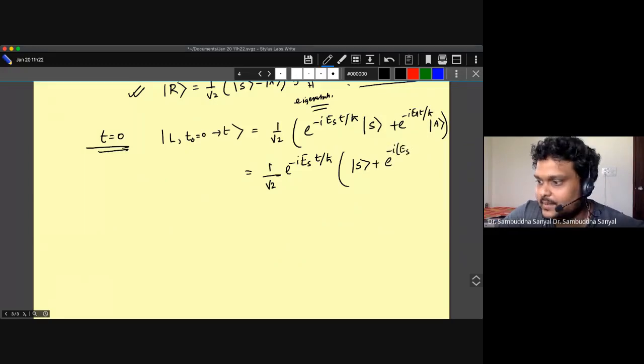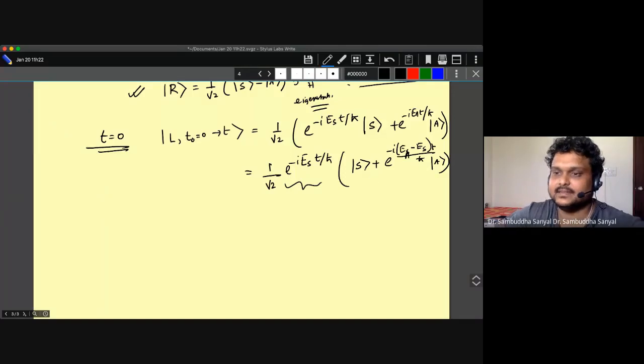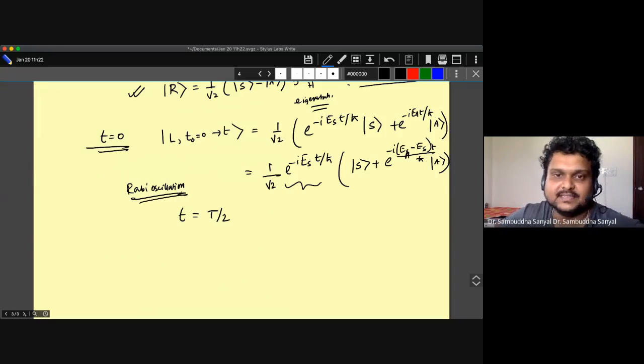So we know that what happens here depends on the phase (E_A minus E_S) t over h bar. We know the overall phase doesn't matter, only the relative phase matters, and that is how this state will oscillate between these two. We saw this in the previous semester in the form of Rabi oscillation. We did this example with spin halves, but this is the same. This is a two-level system. All two-level systems are the same. So the same rule will apply here.